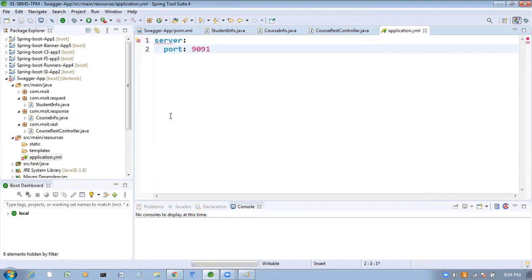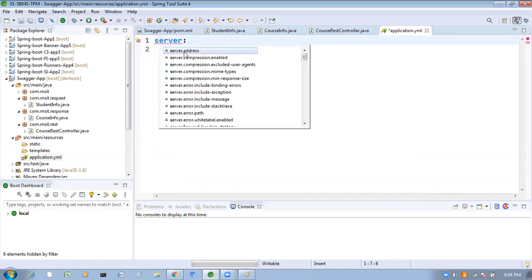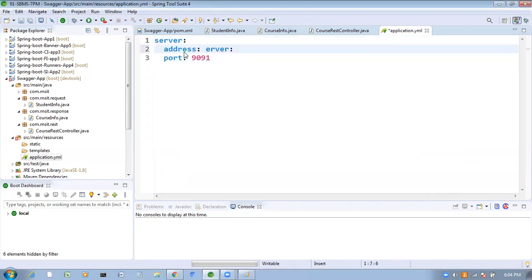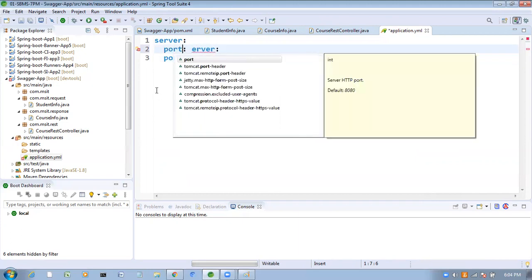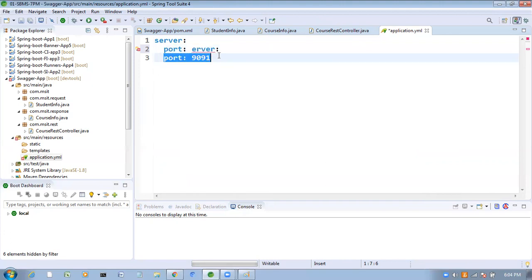Server port 9091. I took 9091 as the port here.